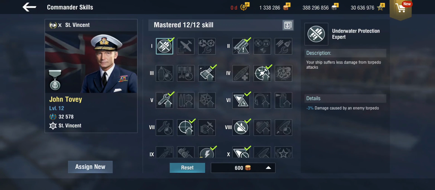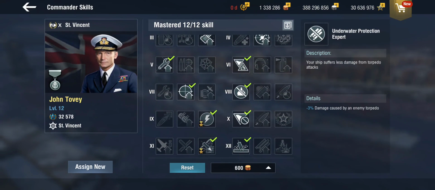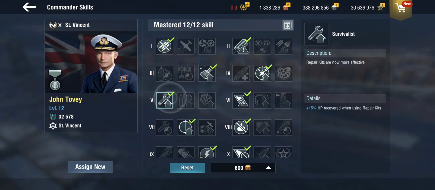Now I have put an epic commander on here, John Tovey. There are legendary commanders that you can fit, specifically Nelson, I think, because the one thing that you really want is the survivalist skill, because you can stack the boosts to the heals quite well. And with the extra 15% or from the legendary commander's 22.5%, you can really increase the amount of hit points that you can restore, and you can manage your health pool quite well that way